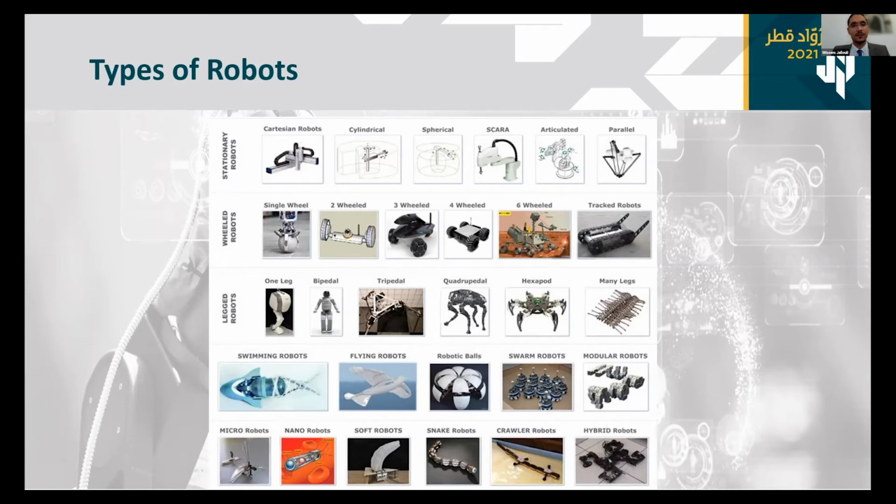Finally, we have the parallel robot, which is basically a subdivision of stationary robots, where even the control of this type of robot is very sophisticated, because it's based on a closed kinematic loop, whereas all the past robots that we have cited have an open kinematic loop. In wheeled robots, we have different types: omni-wheel, four-wheel, and three-wheel robots. These are service robots. And finally, we are dealing with legged robots with one, two, and even more legs.